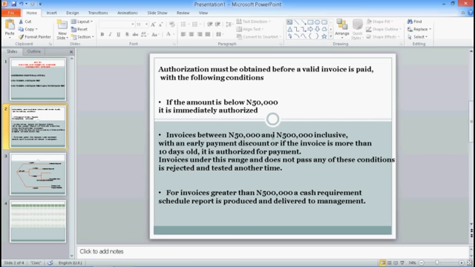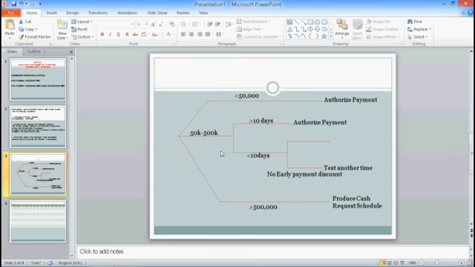So it means if it is within this range and it has an early payment discount, it is authorized for payment. Or if it is within this range and if it is more than 10 days old, it is authorized for payment. That's what the question actually says. So any invoice that is within this range and has an early payment discount is authorized for payment. So any invoice that is within this range, which is less than 10 days old and has an early payment